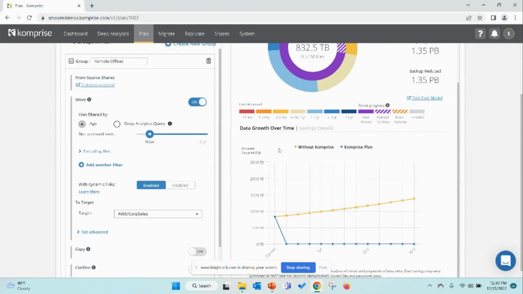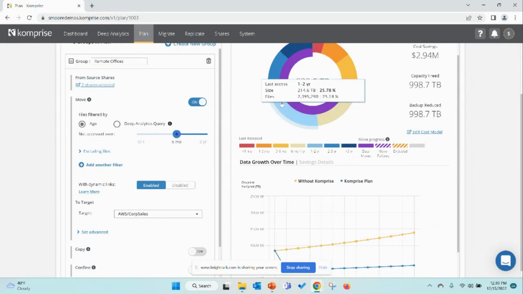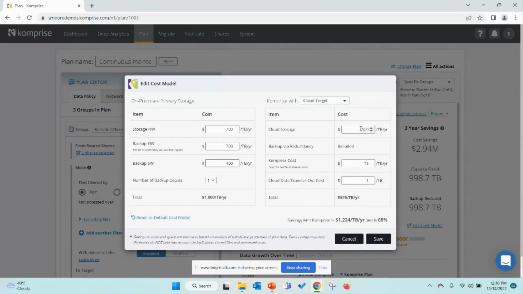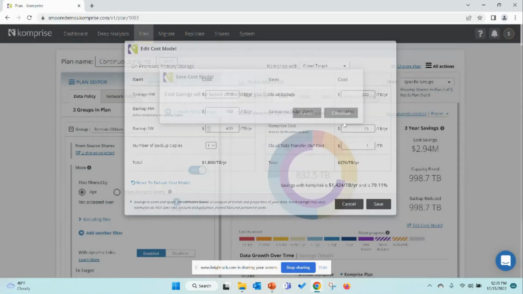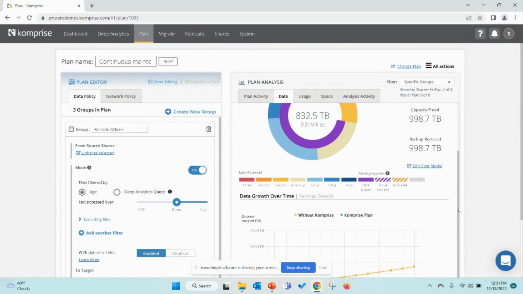That was if I was to do a forklift replacement. But if I were to come along and do tiering and say, look at data that's 6 months or older, then we can see how much data that is by looking at the purple stripe on the inside here. So again, for these remote offices, for tiering cold data older than 6 months at these price rates, let's say the cloud cost for tiering to object store is a bit cheaper, so we'll make that one $300 a terabyte and do save on this one. Then we can see it applied to the cost savings here, and we start to see the difference, come on down,